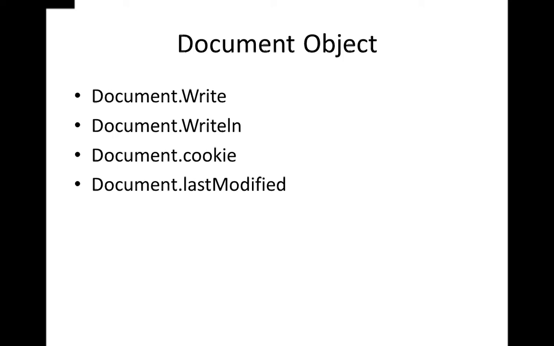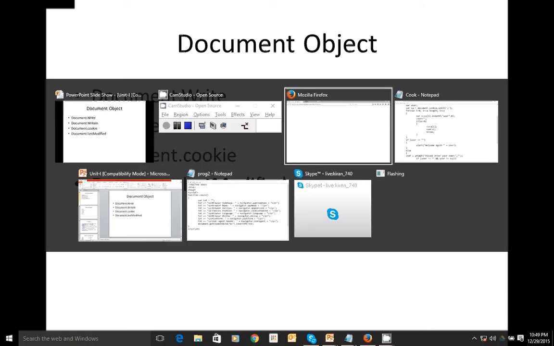The basic difference between write and writeln is that with write we are just writing that information on the web page, and the cursor is still there at the end of the character, whereas writeln goes to the next line. That's the only difference. Coming to the next one, document.cookie. We should know a little bit about cookies. Cookies are small textual information whose size is not more than 20 KB, usually stored or residing within the web browser. Let's look at a small program which demonstrates cookies.